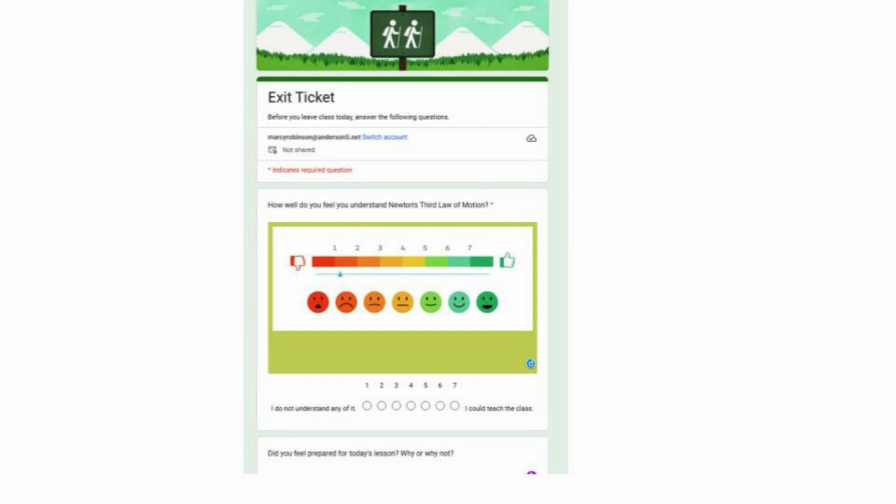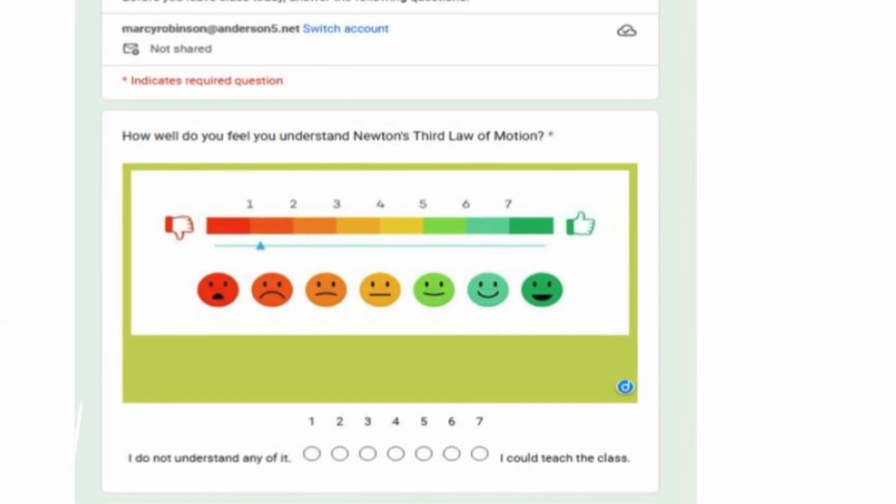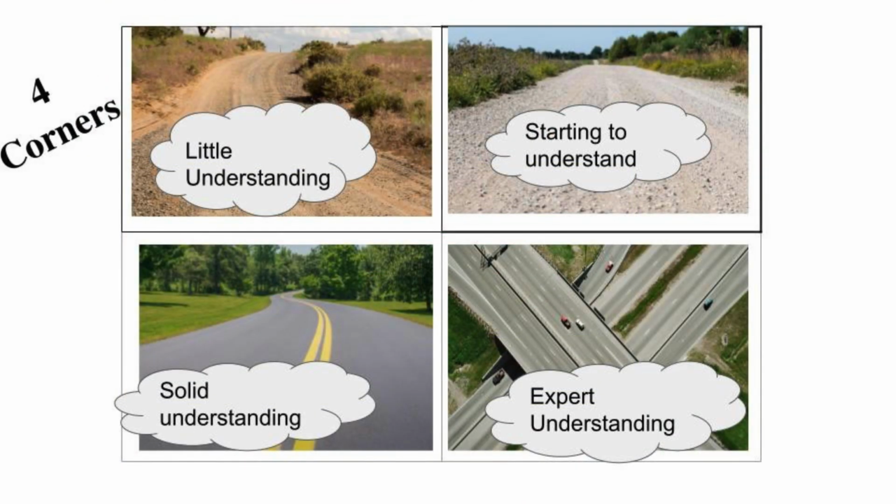It's also really helpful to use it after a lesson. This could be a great exit ticket. How well do you feel like you understood today's lesson? That way you get immediate feedback and you can switch it up before you get to the assessments, the formal assessments. The other way that it can be used is